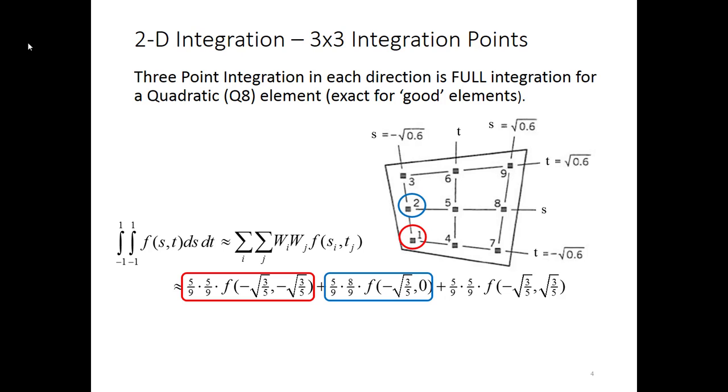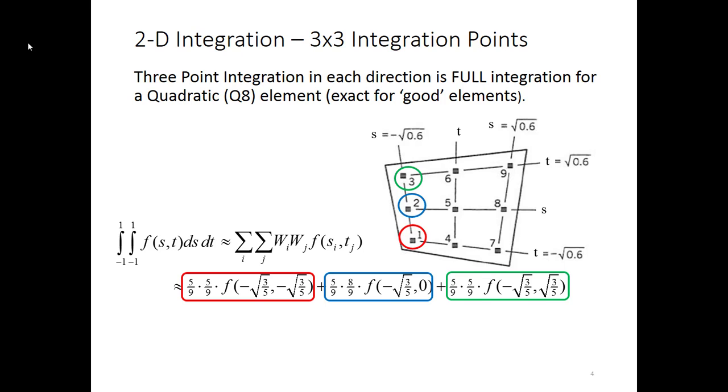Moving up, the next integration point, we have a width in the S direction that's still 5/9, but in the T direction, that's our center one that has the wider width, so that's our 8/9 width in the T direction, and then we're evaluating at negative square root of 0.6 in the S direction and 0 in the T direction. And then continuing, the third point,